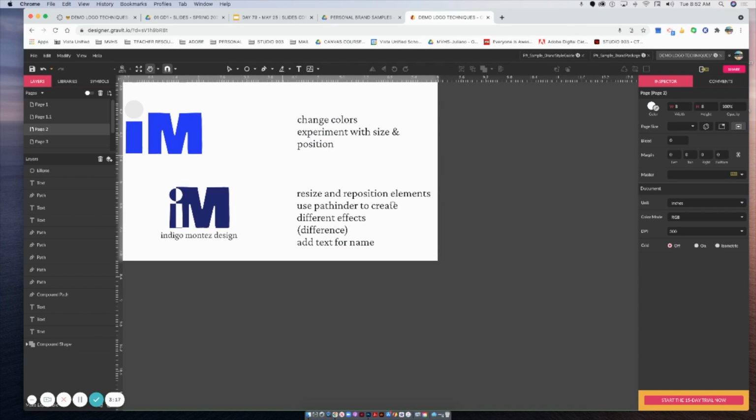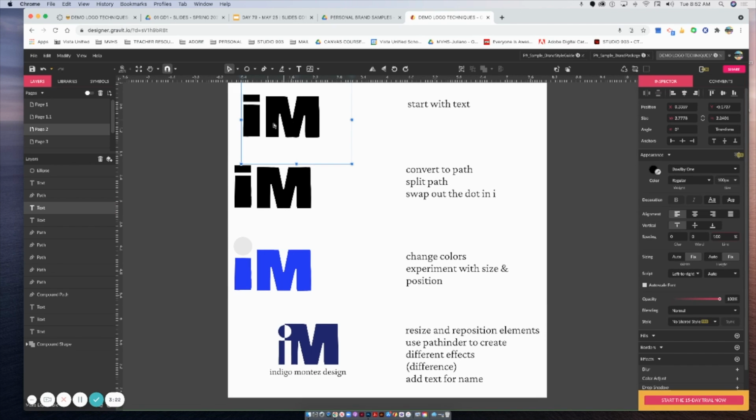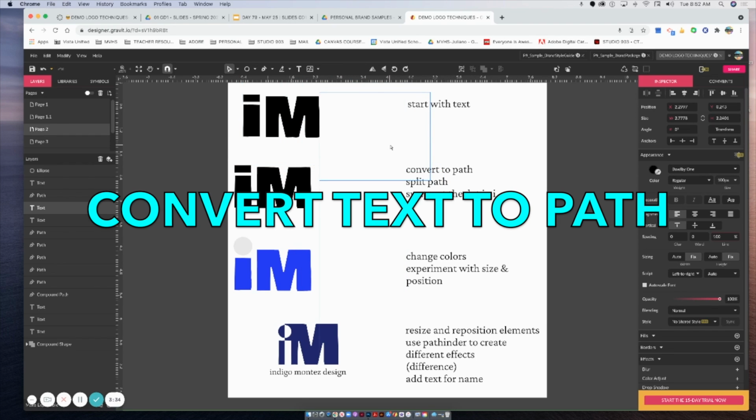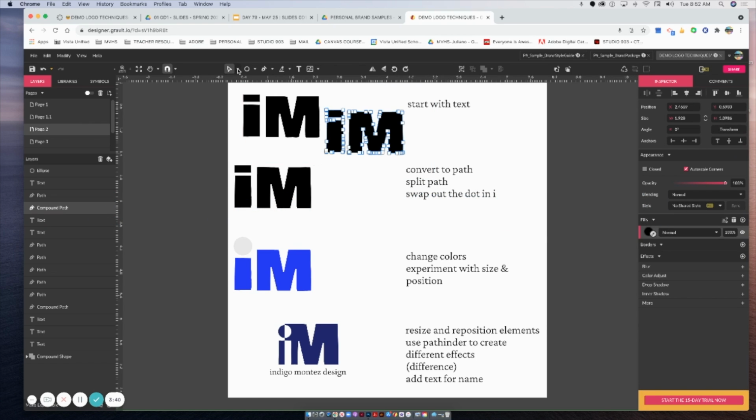This is a little bit different technique. Again, we would start with text. This is a letter I and a letter M. Both letters are Bulby 1. And then I took them and converted them to a path. So again, I'll just make a copy of that so you guys can see. And then I'm going to use the Convert to Path tool up here, converted them to a path. Once they're converted to a path,